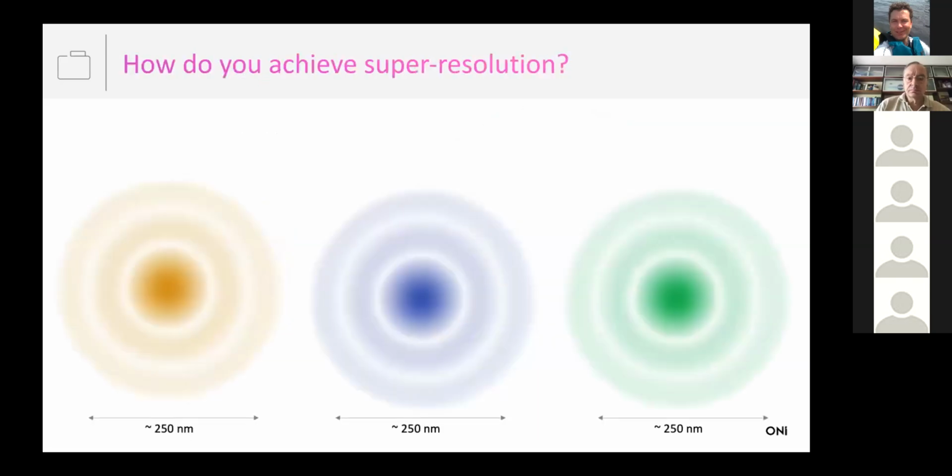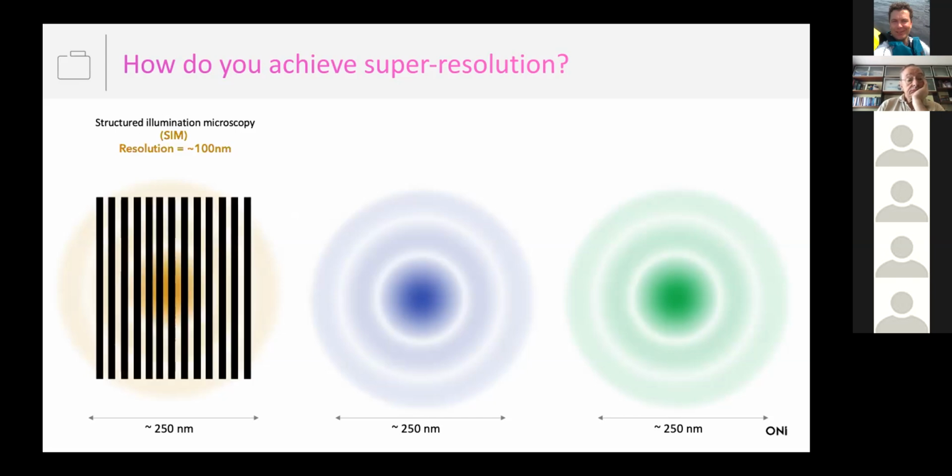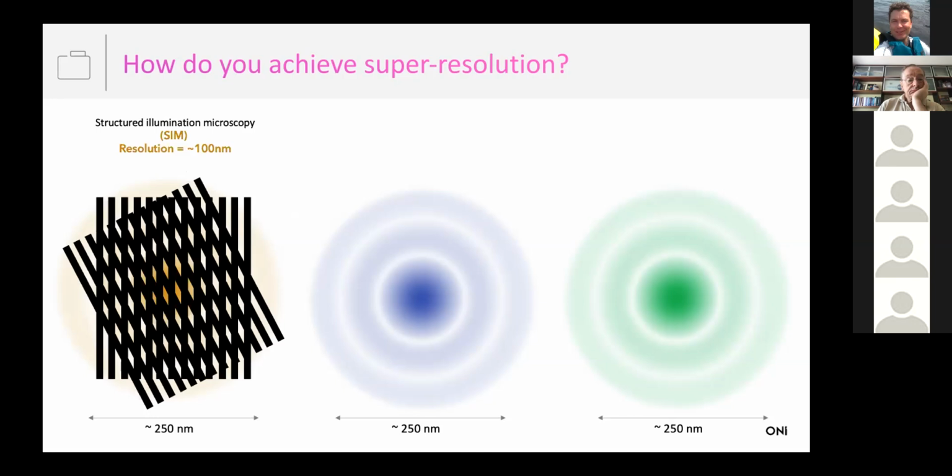If we go back to the single fluorophore, there are a number of ways in which we can accomplish super res. The first is called structured illumination microscopy, or SIM. In the classical SIM approach, we use a patterned illumination, and usually stripes are placed within the excitation beam path. These stripes are positioned and then changed a number of different times, and the emitted signal is recorded continuously in